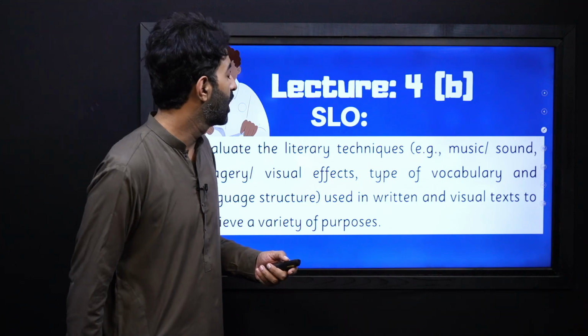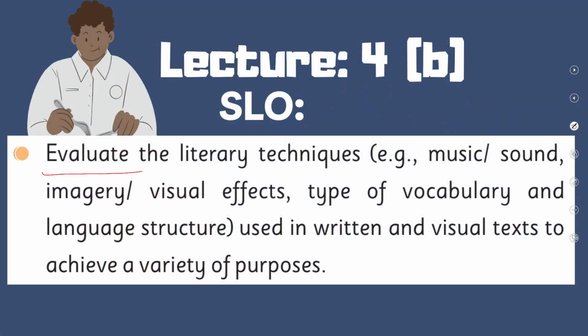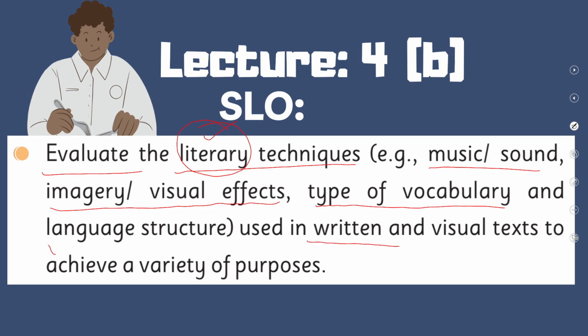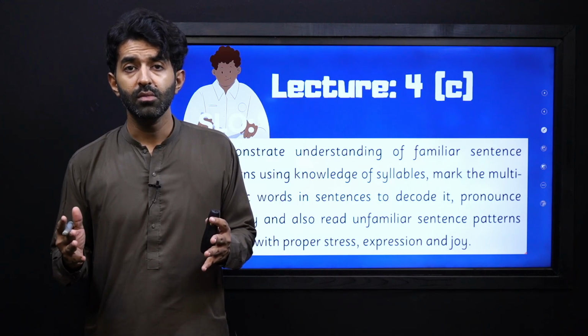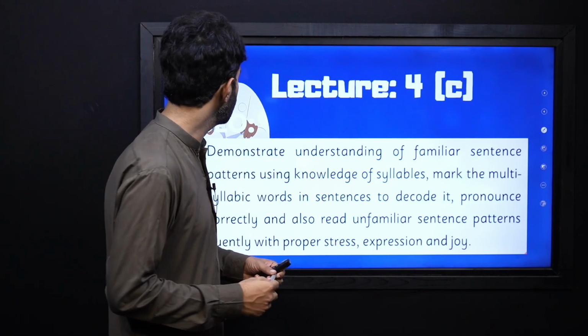And next, we have our lecture number 4B, where we evaluate the literary techniques. Literary means it is related to any text, any literature. For example, music or sound, imagery or visual effects, type of vocabulary and language structure used in written and visual text to achieve a variety of purposes. So we will see how the musicality and the sounds or the imagery, the words that produce an image in the mind of the readers, or produce visual effects just by our words, the type of vocabulary, language structure, all these will be covered in this video lesson, followed by the next lecture, which is lecture number 4C,